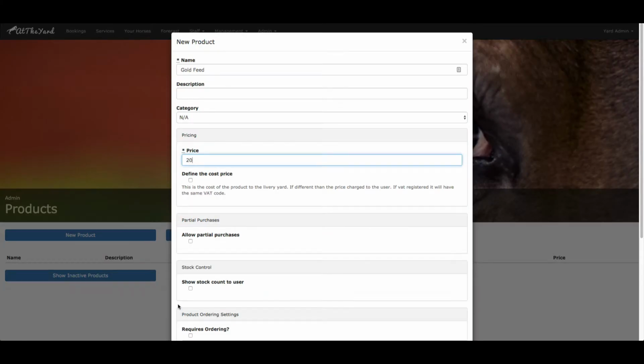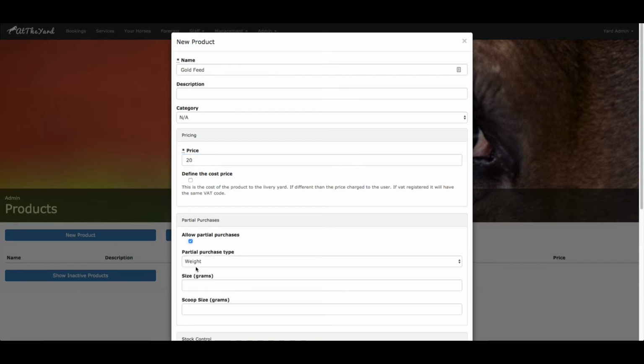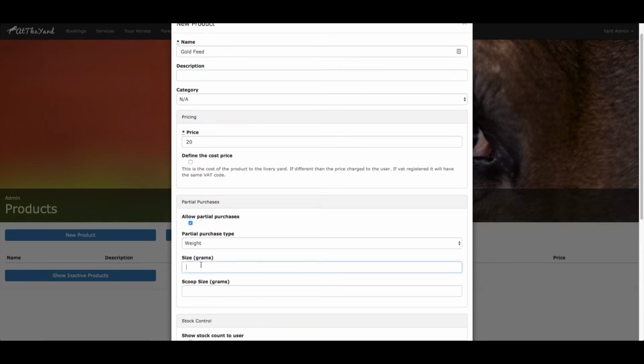Finally, we can go to feed. So this is a weight style product. So we've given it the name of gold feed. We've given it the price for the entire sack. So if you have a 20 kilogram bag, that bag might cost £20 or dollars depending on your region. Again, we need to click on allow partial purchases, and this time we need to select weight, which is the default. We need to enter size, so a 20 kilogram bag would be 20,000 grams,